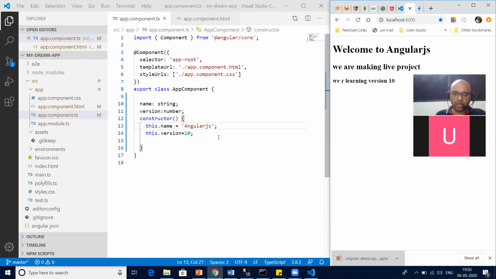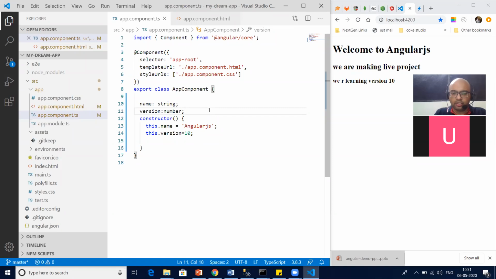So what we do now is, as I said in the last session, your component is a collection of your HTML and a class. So you have an HTML called app component.html. This is the HTML file, and the class is your app component class. Correct? So how we program in the component is exactly the way we program in C++ or Java or C Sharp or the code behind file of PHP also. I've given all these examples so that you will feel familiar. We program exactly the way we used to program in OOPS.